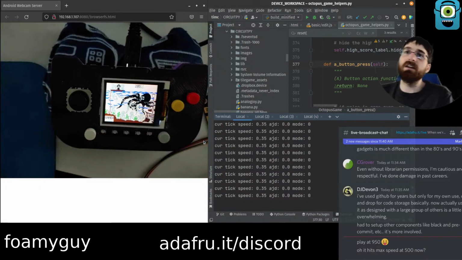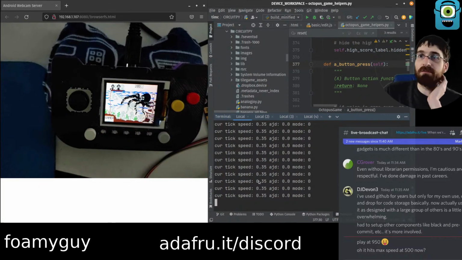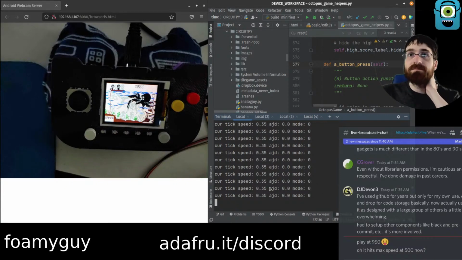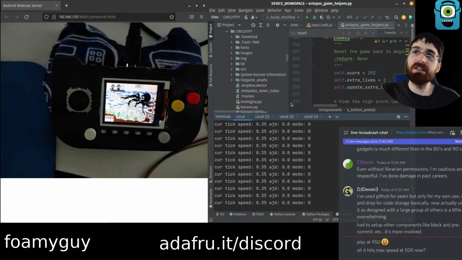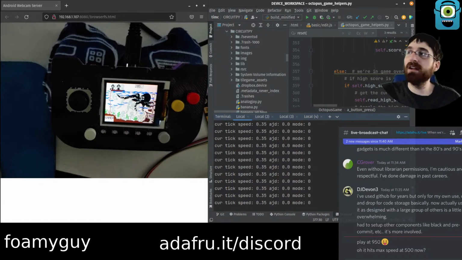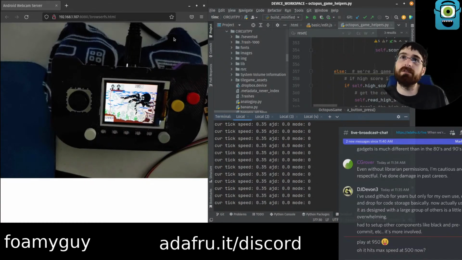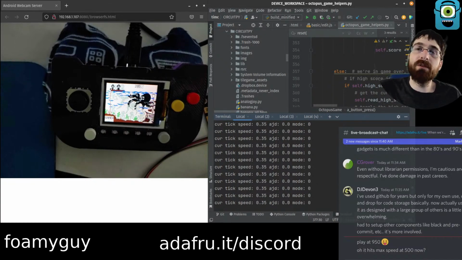Yeah, 3.5. So for game mode A, 0.35 is the max speed. For game mode B, it's 0.15 is the max speed. And you do actually get there somewhere right around 200. I don't know if it was exactly 200 or what, but it was somewhere right around there, which I think